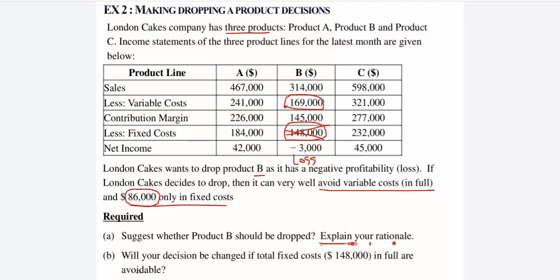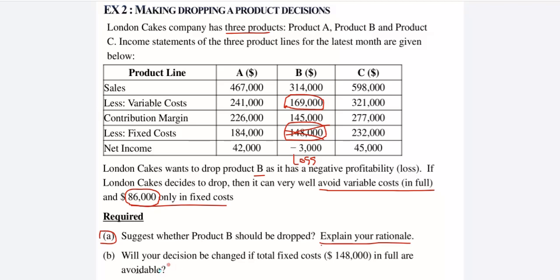يعني after calculating the numbers, write a comment تقول فيه رأيك ده بناء على ايه؟ ليه نعمل دروب او ليه ما نعملش دروب. طيب, this is requirement number 1. Requirement number 2: will your decision be changed if total fixed cost اللي هي 148,000 in full are avoidable؟ هل قرارنا هيتغير لو كل الفيكسد كوست هي كمان I can avoid the fixed cost؟